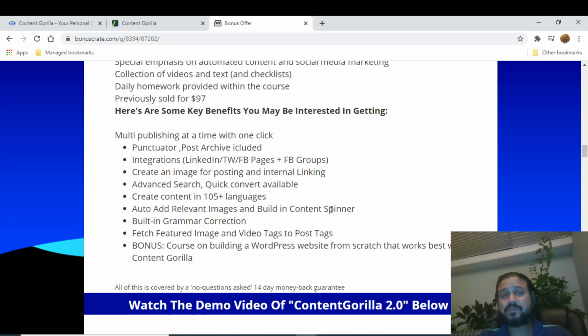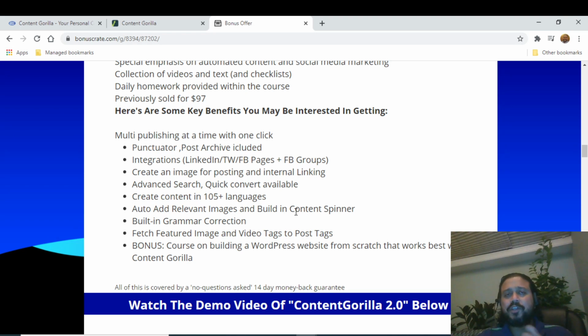The content spinner is something very unique, because you will not have the same content written again and again. That means your blog will be unique. And just to add one point, why this is key is that YouTube gets a huge number of videos uploaded on a daily basis, and every video, including what I speak, is unique, because nobody will have the same words, the same explanation, or the same way of thought process.